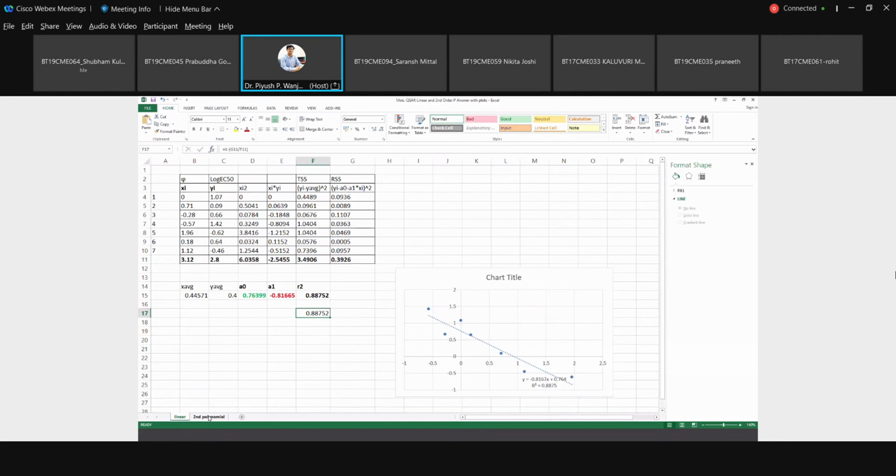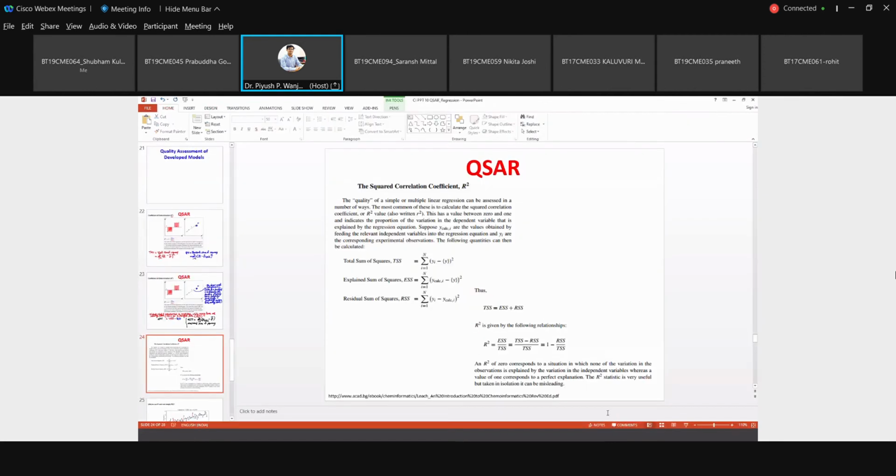Later on, for your mini project, if some of you want to go into the detail of this and try it, I tried to search for some freeware software related to this, but I didn't find any. If you can find one, try to do it. There is commercial software, but never download any pirated version of anything. Always use freeware software for our course. So this is related to R square.